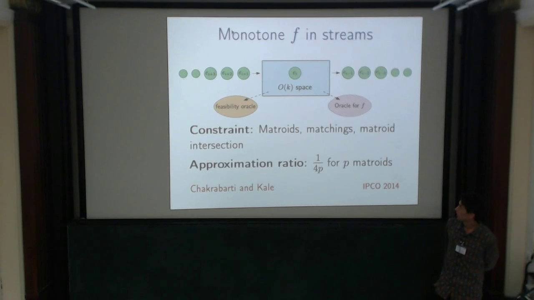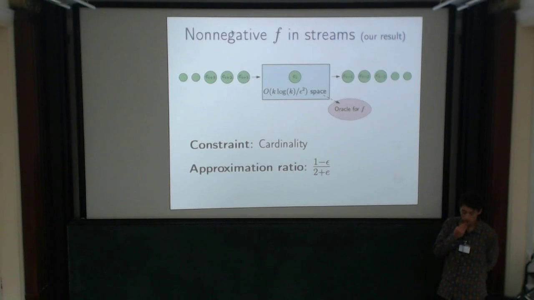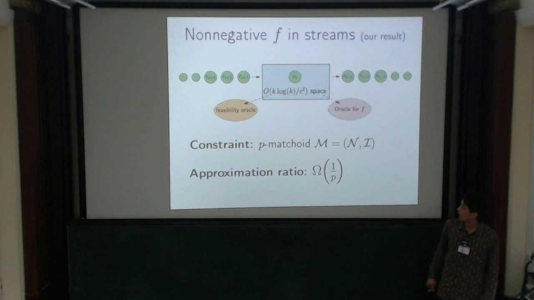Okay? All right, so in this paper, my co-authors and I were interested in extending these algorithms to the non-negative setting. Okay, so the first of these results, for a cardinality constraint, we get an approximation ratio of 1 minus epsilon over 2 plus e. Okay? And the space has gone up a little bit by a factor of epsilon. For more general combinatorial constraints, we get up to p matroids, and we get an approximation ratio of about 1 over p. It's a little messier than that. Okay? So this is more general than the previous